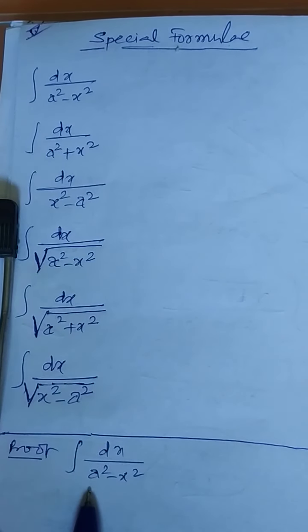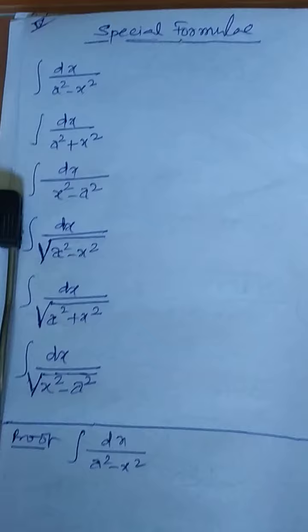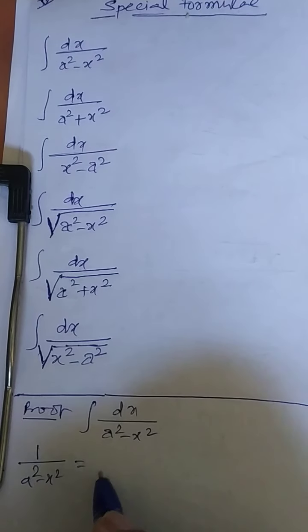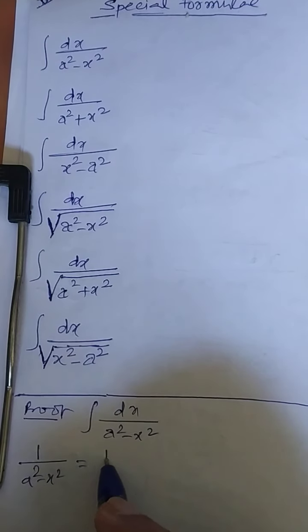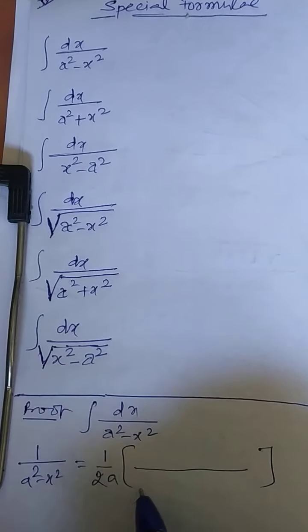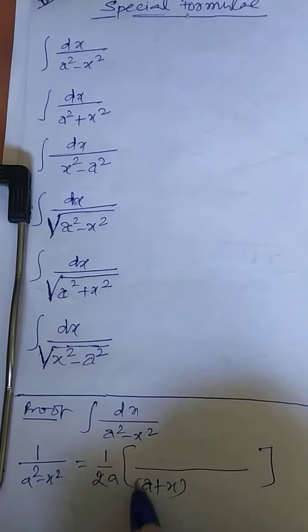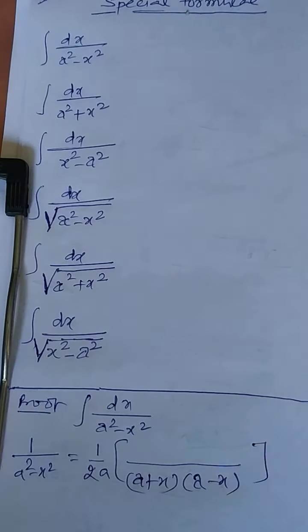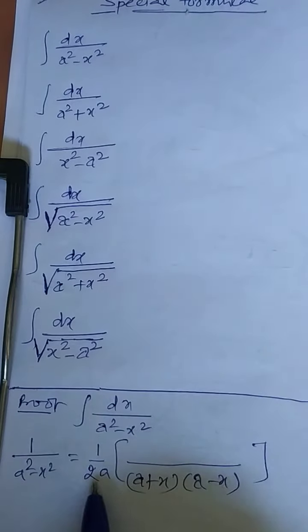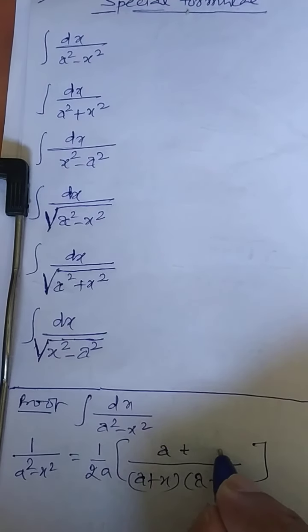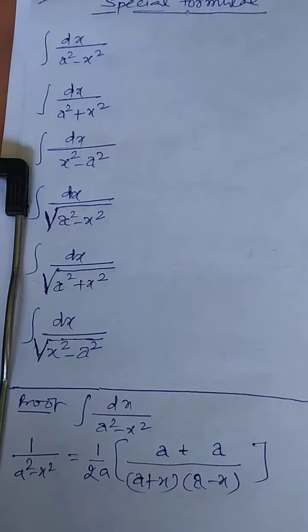I want the integration of dx upon a square minus x square, the first one. So what I am doing, I am writing this as the integrand. 1 upon a square minus x square can be written as 1 by 2a. Listen to this point carefully. Can I write like this? Till here only. Is it okay? Correct now? But 2a is there, so I should write a over here and plus a over here. Is it okay now? 1 by 2a